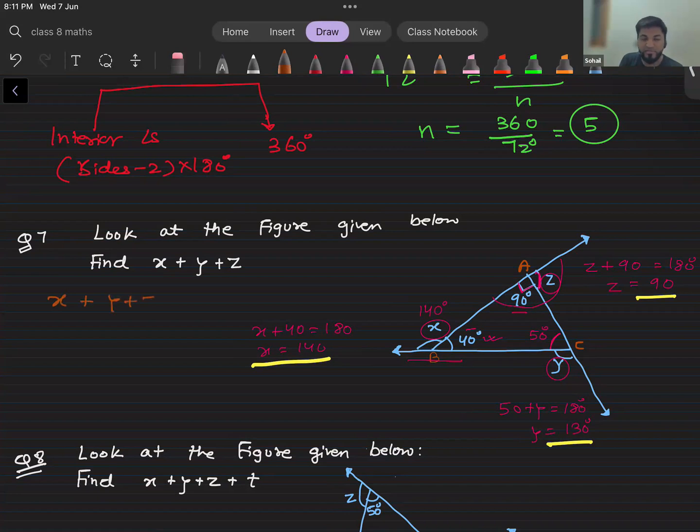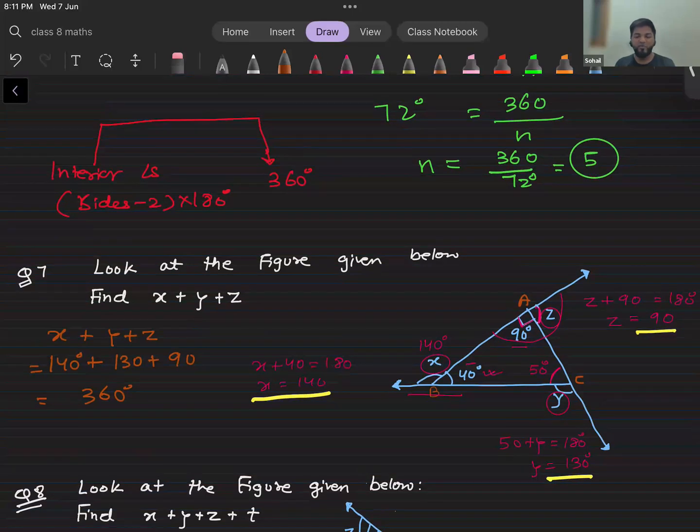X plus y plus z equals 360 degrees. X, we found out to be 140. Then y is 130, and z is 90. That equals 360. Okay, that also justifies the statement which we earlier made, that the sum of all the exterior